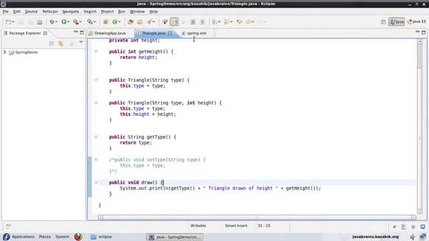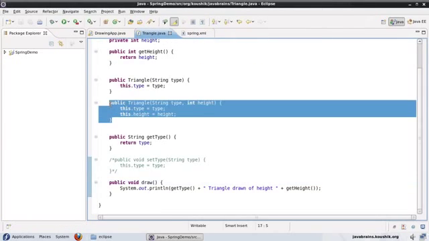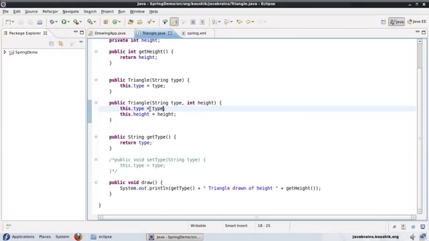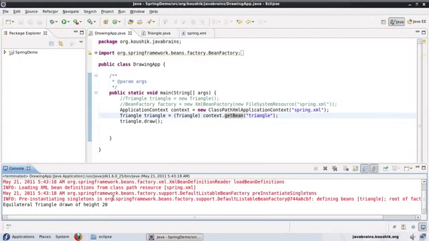Okay, so I'm passing equilateral and 20 as the two parameters. So this constructor should get called, and the type should be set to equilateral and the height should be set to 20. Now if I run this,